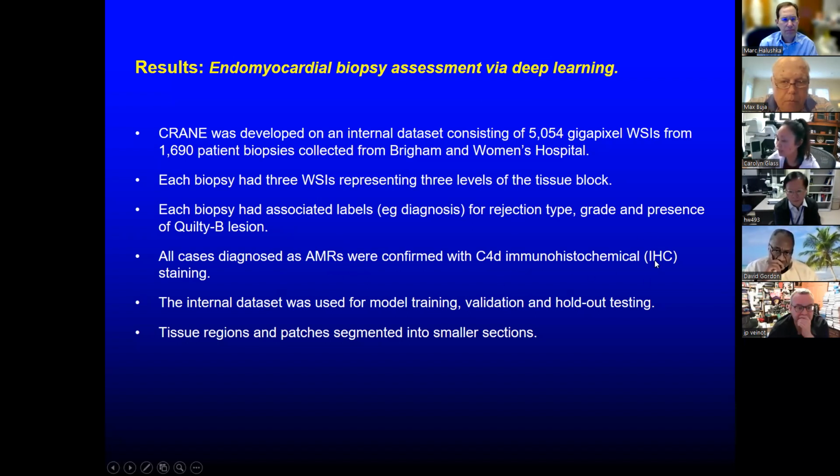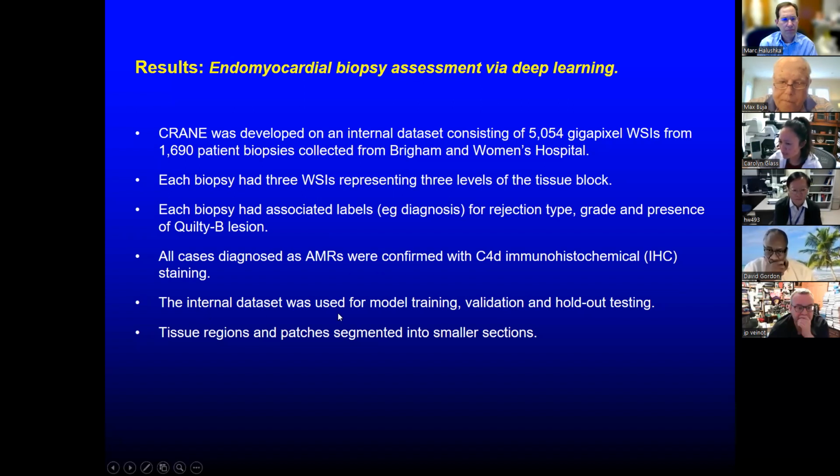It's great that there was confirmation of C4D for AMR diagnosis, but one of my criticisms of the paper is that how we diagnose the I component of AMR differs across institutions, and that's well known. At Duke, we're a very high volume transplant center, and we do C4D IF most of the time. So what we're introducing as what we call ground truth to train the algorithm already has a little bit of fault in the methodology. Not to say that this is wrong, but I think that needs to be improved a little bit.